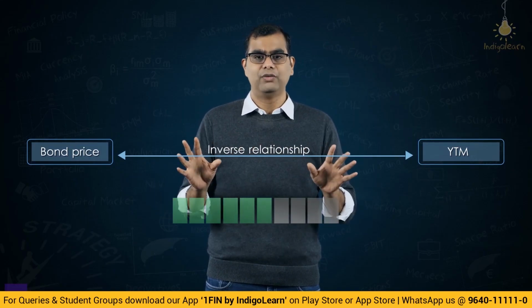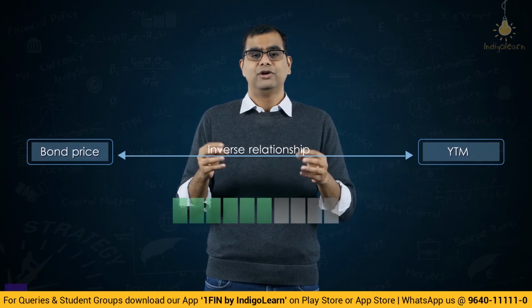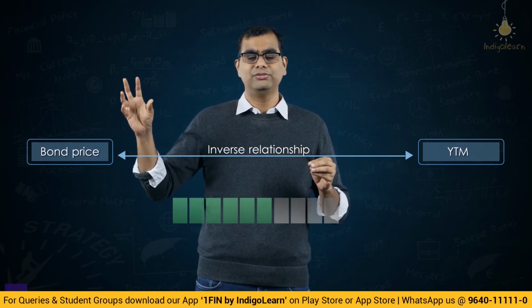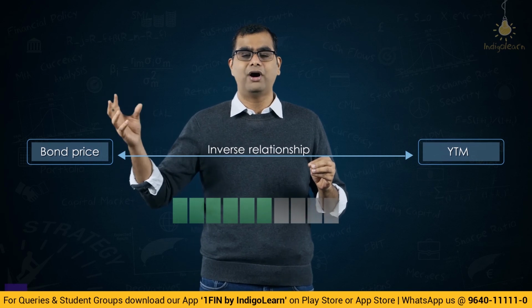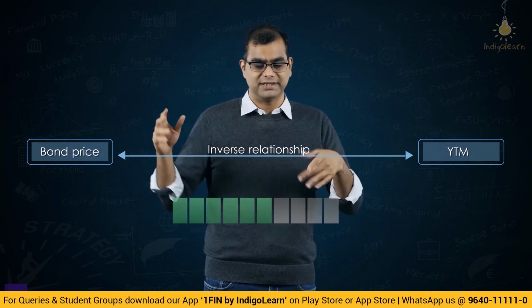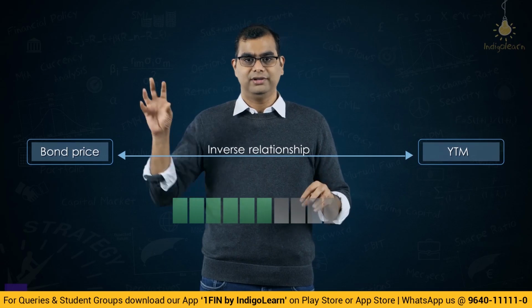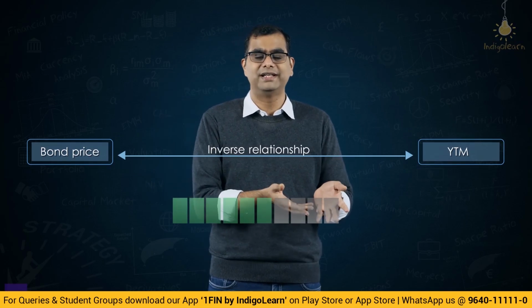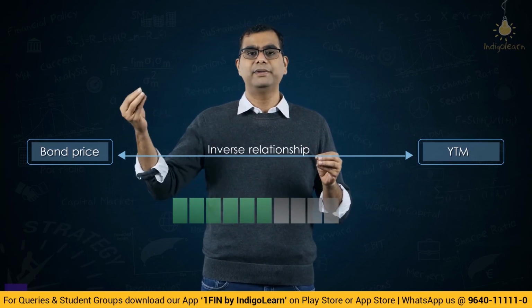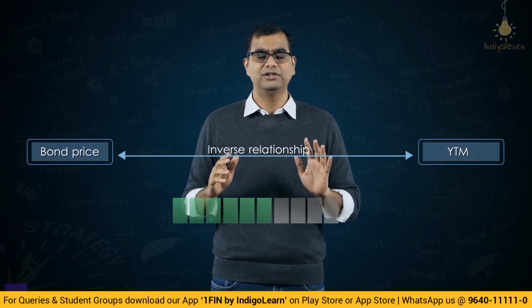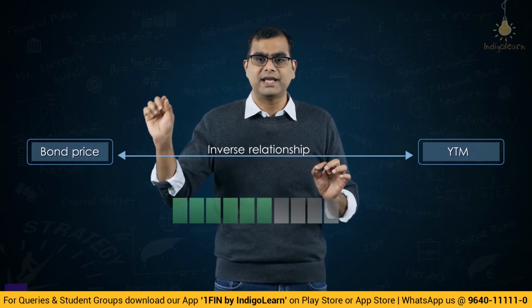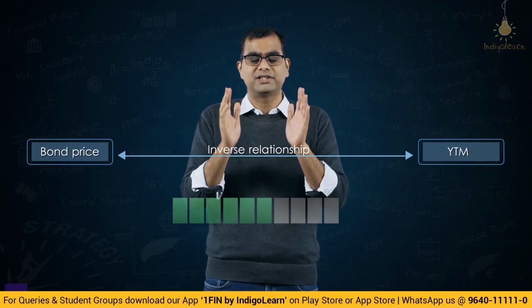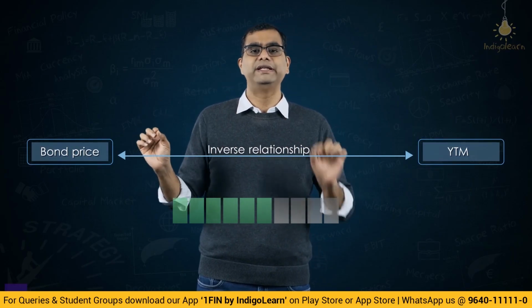No matter what happens in the world, other than something very extraordinary, let us say for a bond, suddenly the company is gifting an extra 100 rupees, then this yield is irrelevant. Let's say the company says, I specially want to give all bondholders an extra 100 rupees, then obviously the yield will not follow this interest rate logic. Or if the company goes into default, then the yield will not follow this logic. But as long as the company is in the same position and repaying the money and everything is normal and straight, this relationship between yield and price will hold. They both are inversely related. Fair enough? Now let us move to the next aspect.